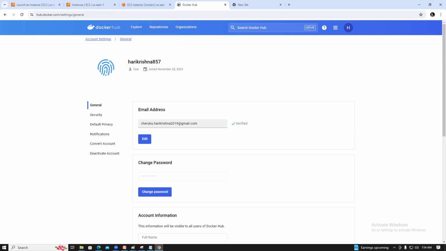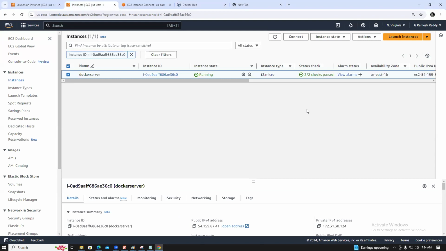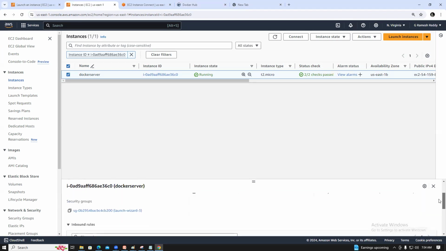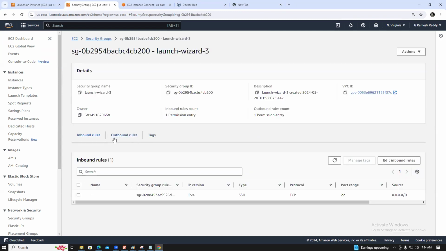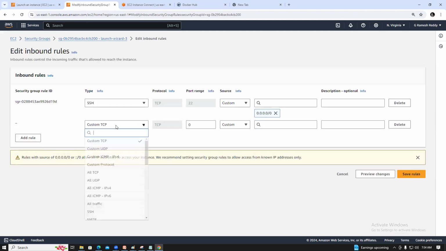So we need to log in, right? Docker login. How can we communicate from here to the Docker server? I think we need to go to the security settings and provide all the permissions: security groups, inbound and outbound rules. Go to inbound, edit inbound rules, add a rule, custom,